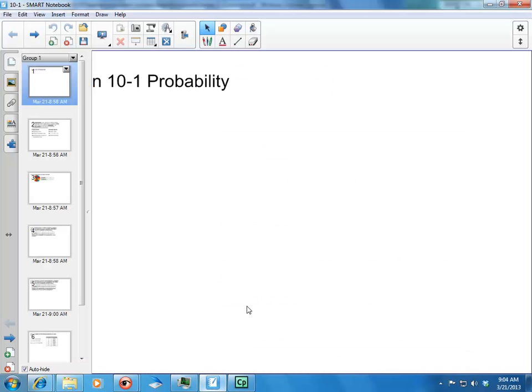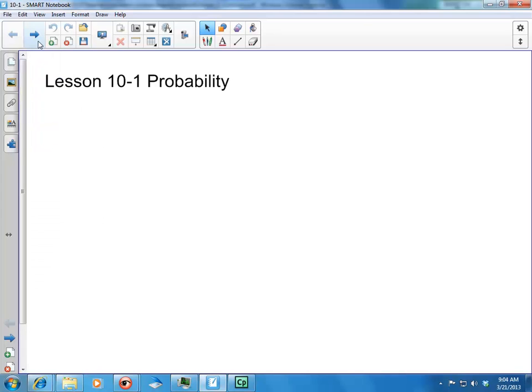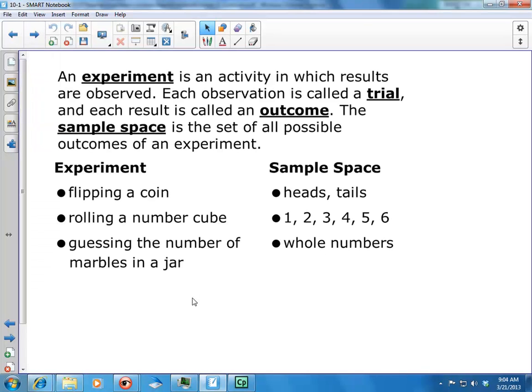Now, yes, we know that we're working on probability. Okay, this next slide right here gives us an example. Now, you don't have to copy all of this down. This does give us an example of an experiment and our sample space. Also,